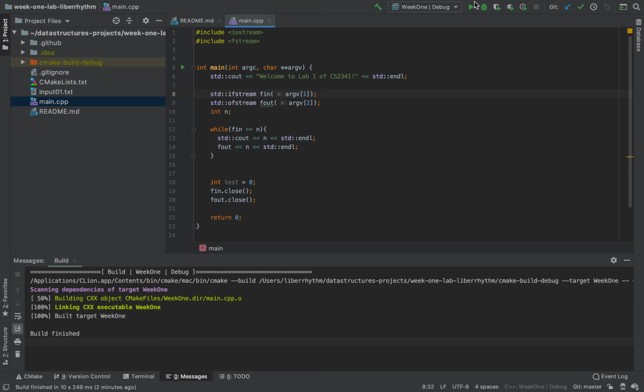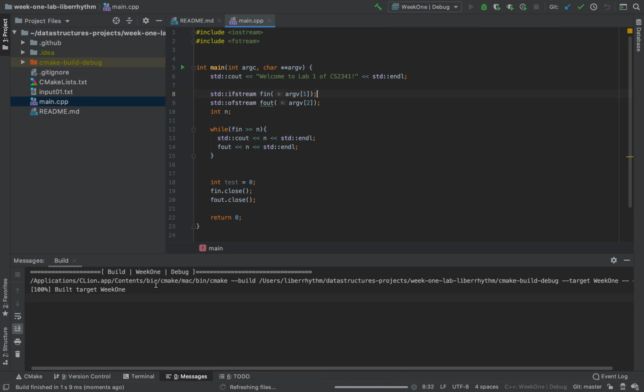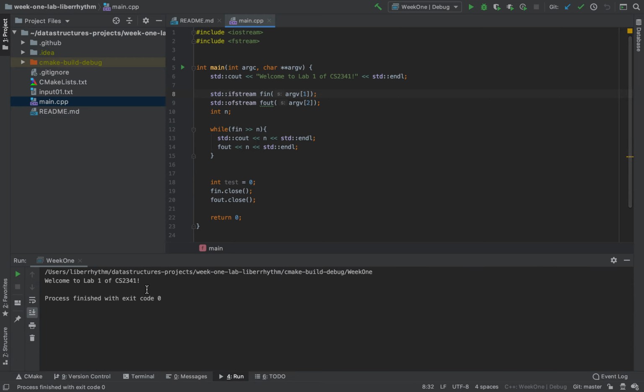So basically I've built it and now I can run it. If I run this, down in this terminal area, you can see that it prints out welcome to lab 1 of CS2341, but it does not print out this. This is probably because it's not able to access the input file that is right here. So this is where I'm going to show you the input-output things that you need to be aware of when you're using CLion, C++,